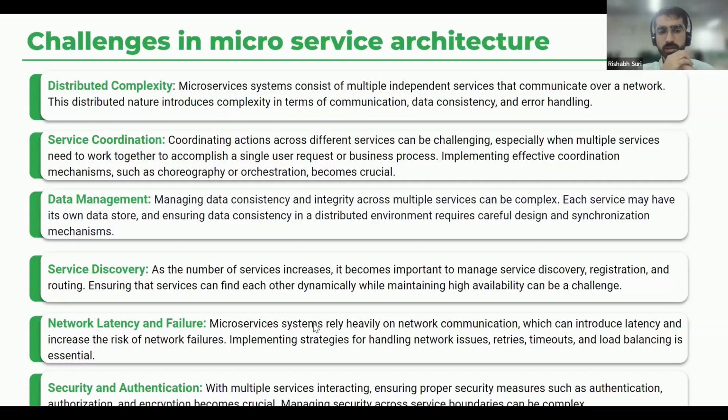One of the last shortcomings is security and authentication. Maintaining security across various services can be challenging. Each service must implement robust authentication and authorization mechanisms to ensure that only authorized users and services can access sensitive